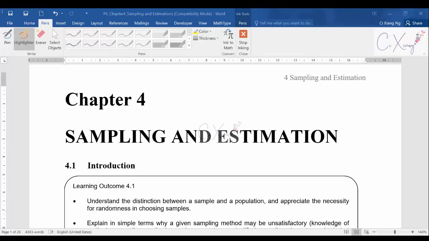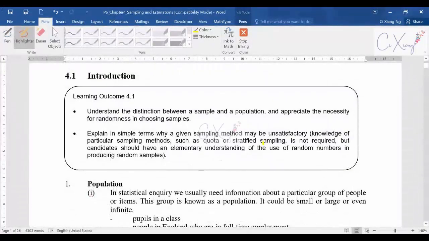Right? Okay, so what is sampling about? And what are the important things here? Okay, so let's have a look. For learning outcome 4.1, that means after this session, you need to know what is the meaning of a sample and also what is the meaning of a population. Sample and population actually have different meanings, so you have to make sure you know the difference between them. And after that,